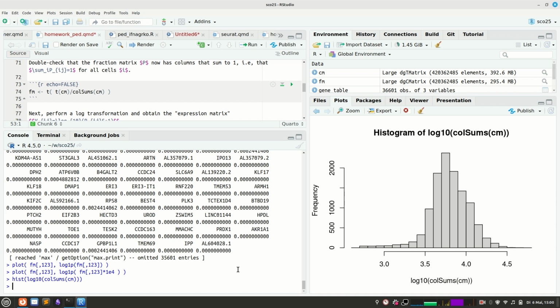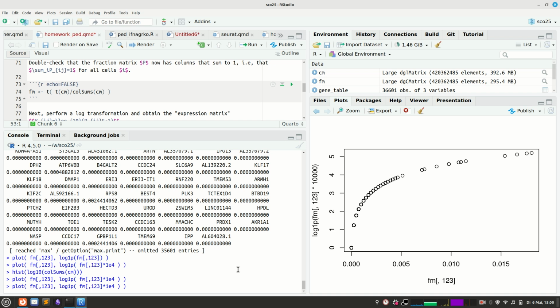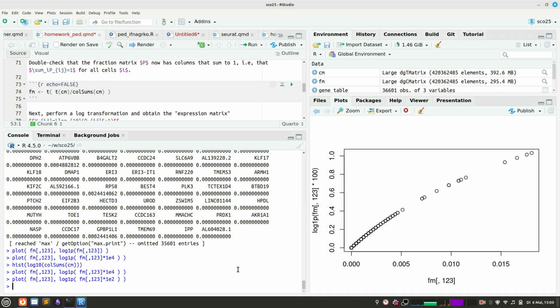We can have a look here again and see what this thing does if instead of 10 to the minus 4, we take 10 to the minus 2. Now you see we don't get a proper logarithmic scaling. But we wanted a logarithmic scaling because in the end, gene expression is best looked at on a logarithmic scale. That's something we haven't really seen yet in the lecture, but we will see that whenever you compare expression of one gene over many cells, you will notice that it has a log normal distribution. So in biology, everything looks normal once you take the log, which by the way has an interesting reason, namely,